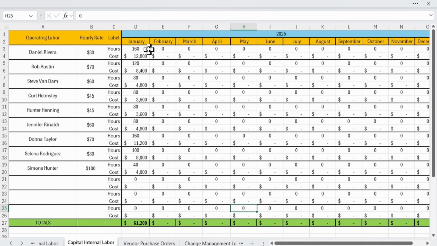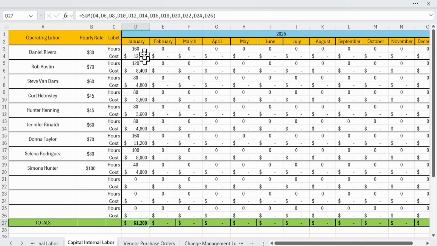Okay, so what I've done here is that based on conversations with the resource managers or the functional managers, the hours were determined. Each one of the managers that these people report to was able to confirm how many hours that particular resource was available for January. So you go down this process listing the number of hours available that they'll have to work on for the project. And then when you multiply that by the hourly rate, you're going to get the estimation for that particular month for this resource. And then that's going to tally all the way down to a grand total for that